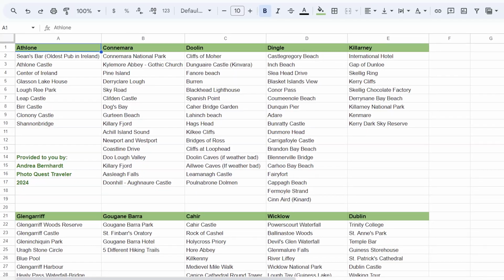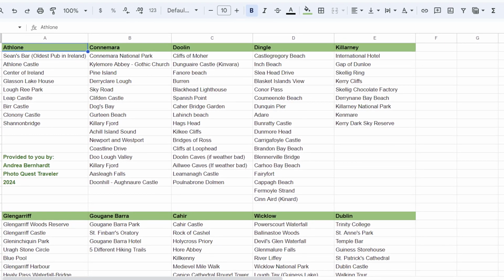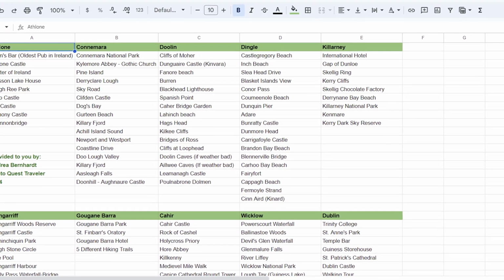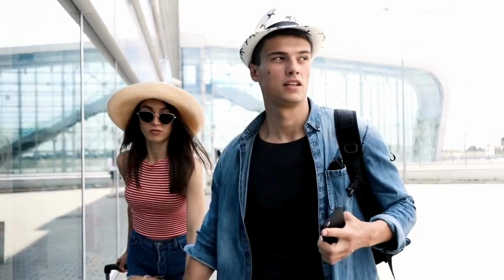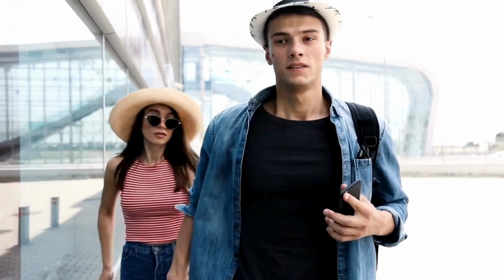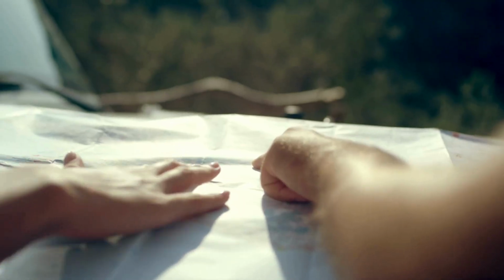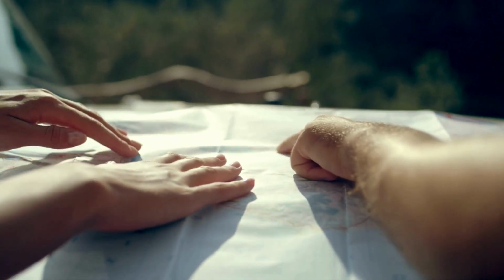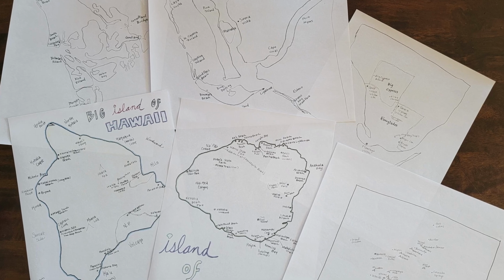While I'm compiling my list, I sort them into regions. For example, when I went to Ireland, I put them into regions of where they were located. It will be impossible to see everything in one trip, especially if you're looking at going to more than one country or state. Once I have my list, I then make a map and I map out all of these